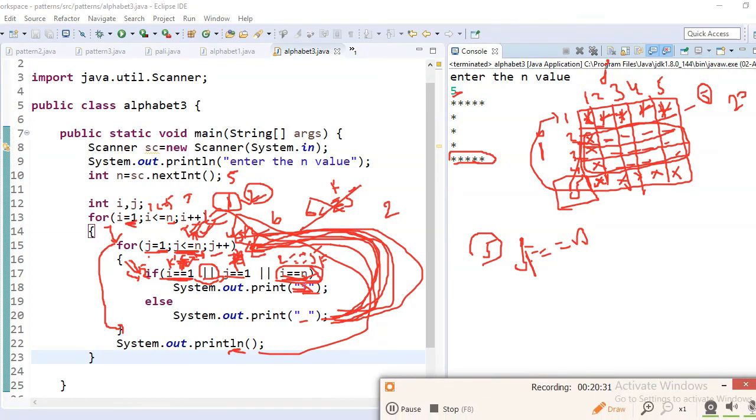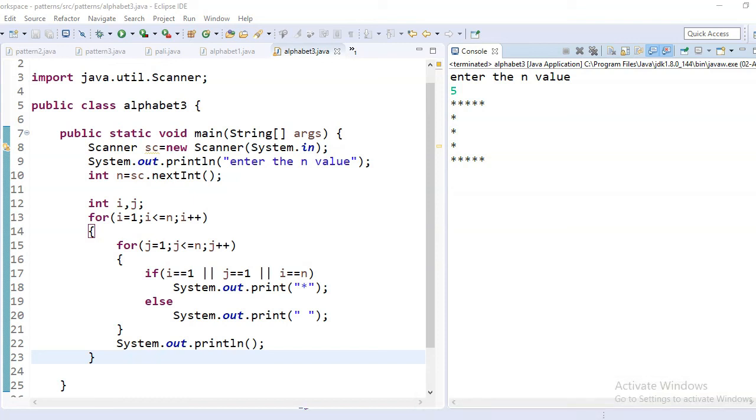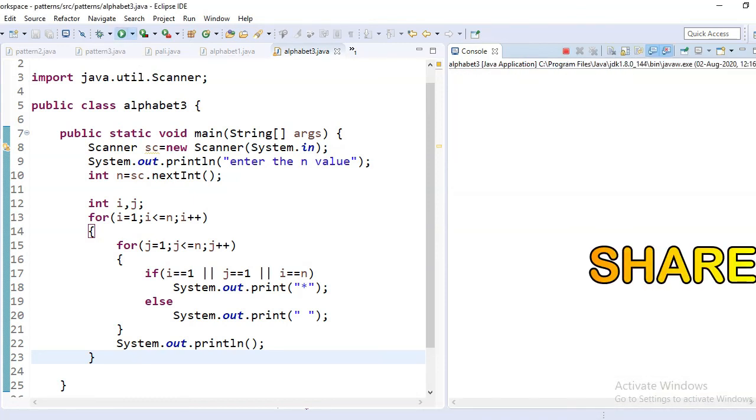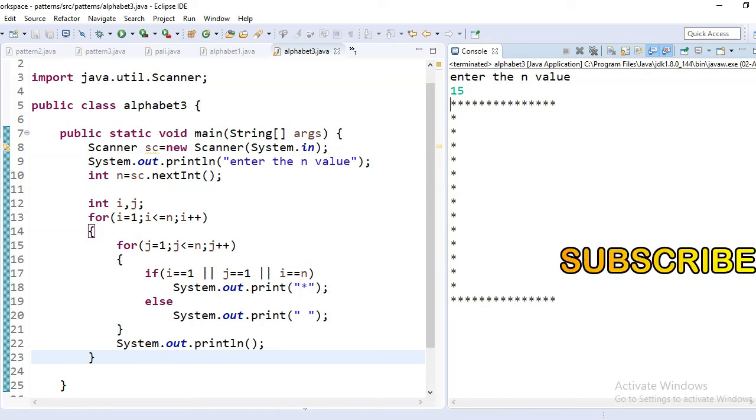So if you observe this pattern, we have finally printed this pattern successfully. If you give any value, based on that value the pattern will be printed. If you learn how to print alphabet patterns, you can understand different types of patterns easily. Why?